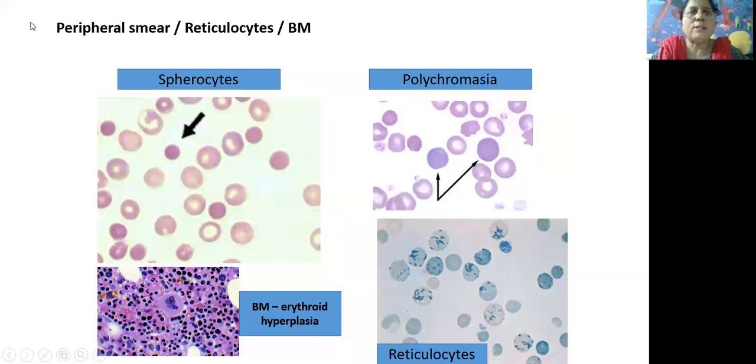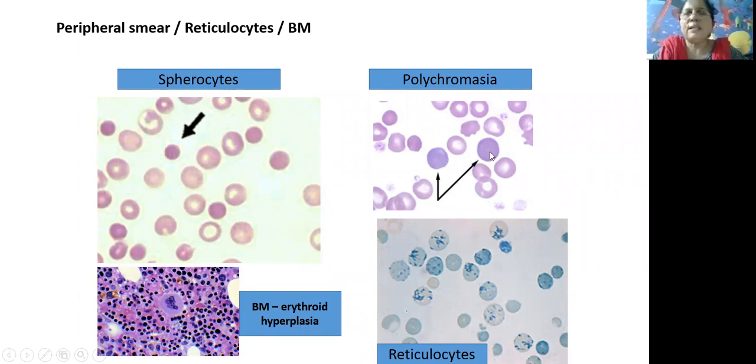Second, what is the spherocyte? This is a normocytic, normochromic RBC. And can you see this? Here, paler is there, paler is there. This is a hypochromic cell. Here you see the paler, but here no paler. And the cells are also smaller than all these cells. So it is a microspherocyte. So the finding in the peripheral smear is